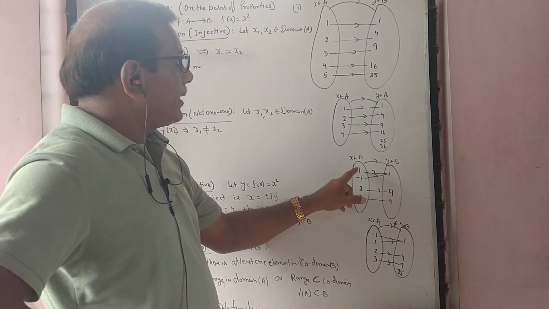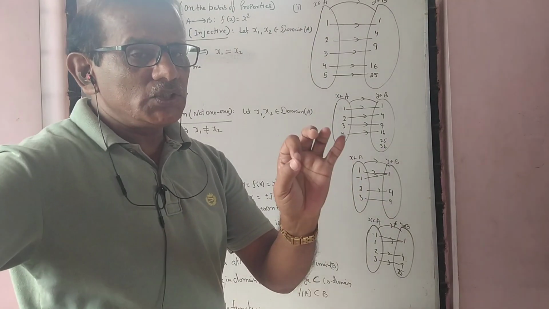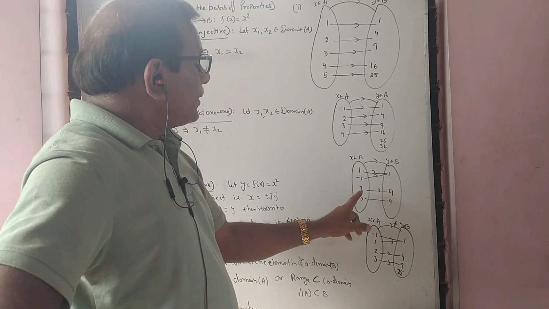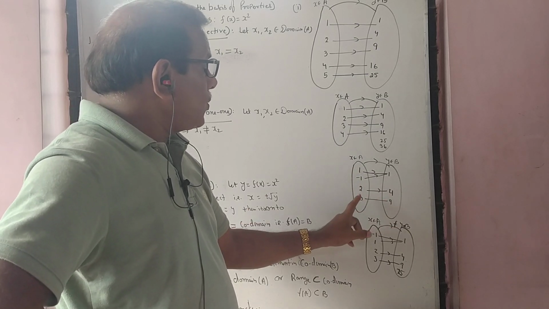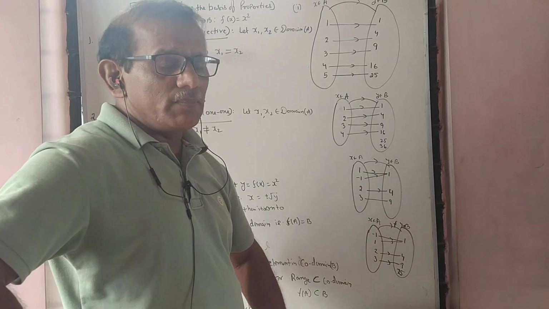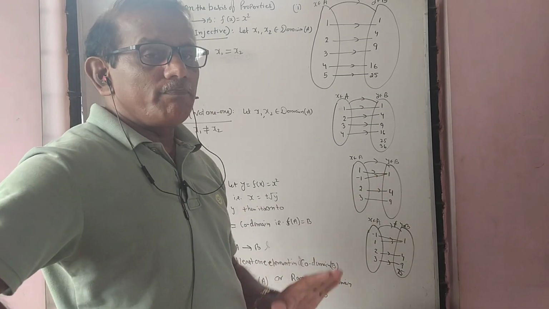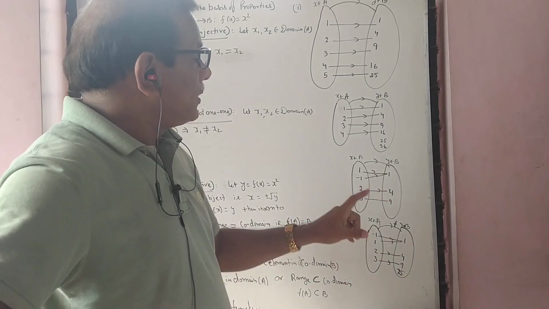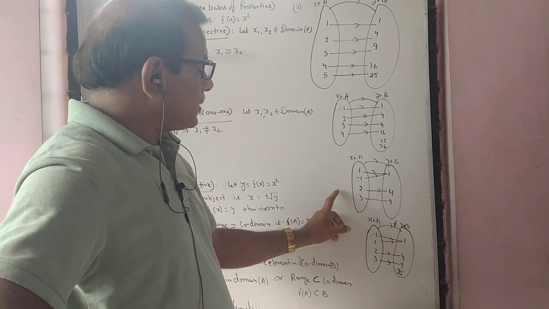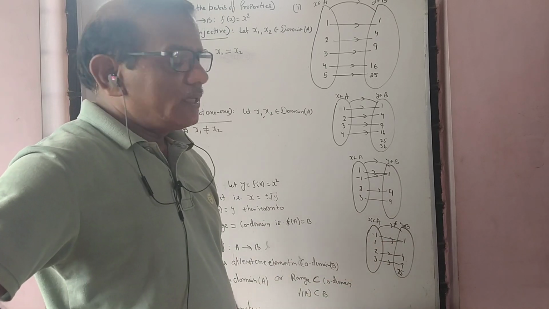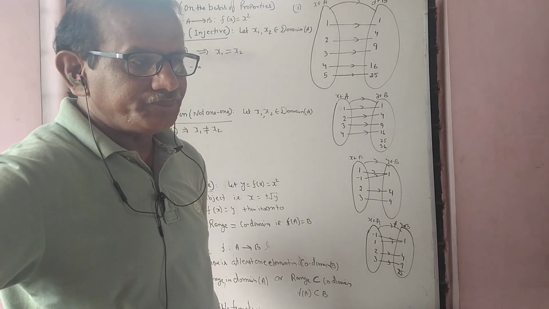So therefore 1 and minus 1 you can treat as twins having the same image. It is a function. So 2 has image 4, 3 has image 9, but 1 and minus 1 have the same image. So it is a function but does not satisfy the condition of 1-1. So this is not a 1-1 function. Similarly, the last one also, due to 1 and minus 1 having the same image, is not a 1-1 function.